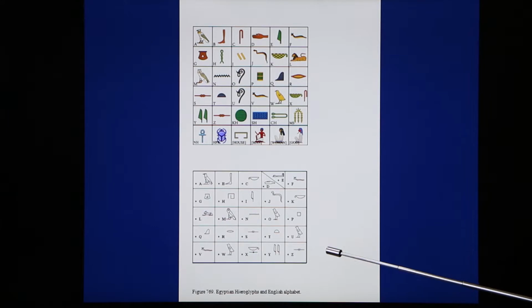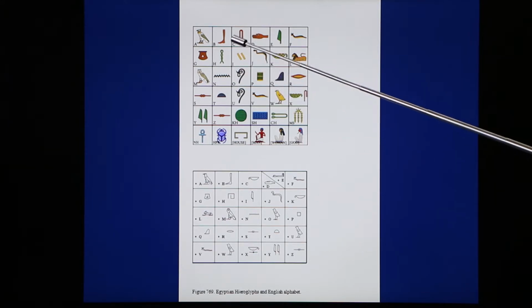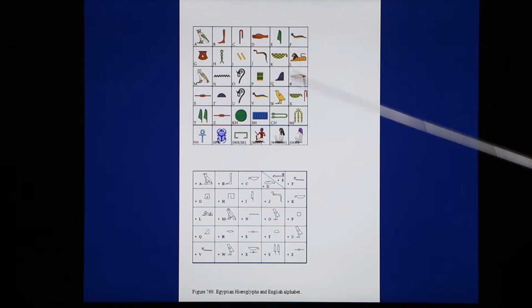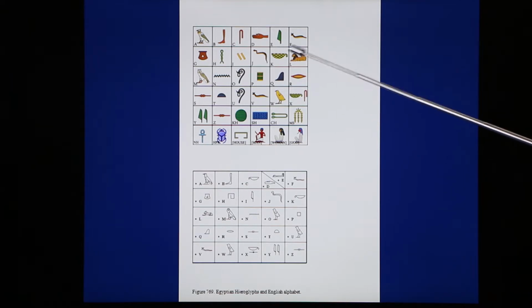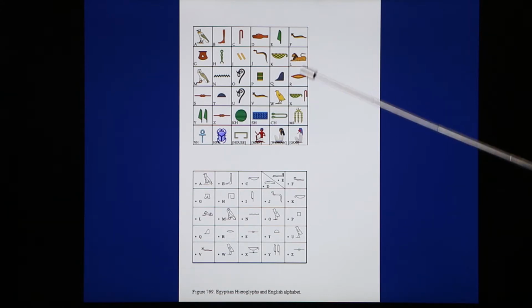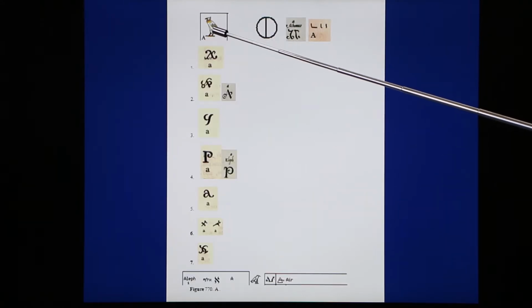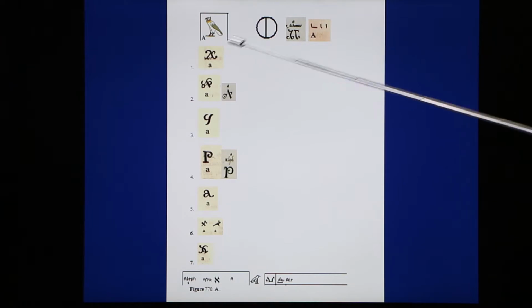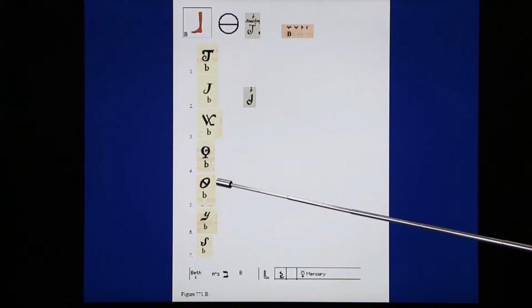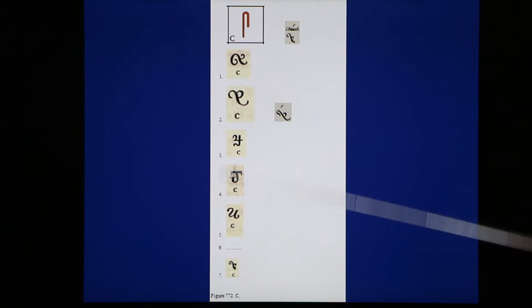Well, then I have a section. Here are 2 alphabets which use now a 6x6 grid or a 5x5 grid, show you the modern letters, and then show you the hieroglyphs that are involved. And then I simply start at the letter A and show you other letters A in related alphabets. So that's A, B, C,